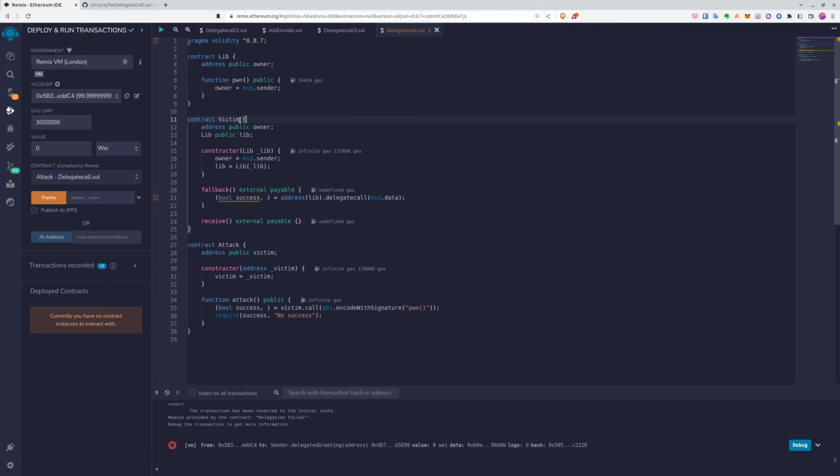As you can see, we have our victim contract, which uses a library called lib. Let's see how lib works. Here you can see that it has a setOwner function, which changes the owner to the message sender. So this way, anybody who calls this function could become the owner of this contract. But since the contract lib is the contract B, so the contract which is being called by contract A, victim,